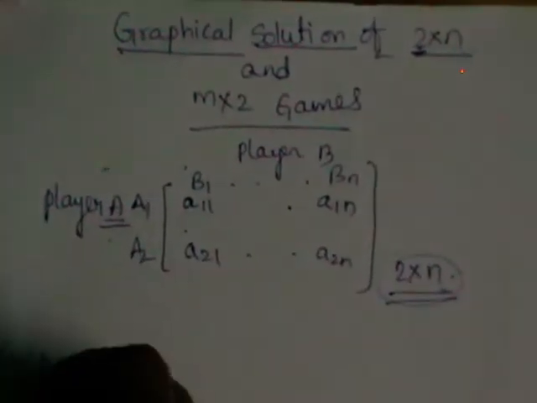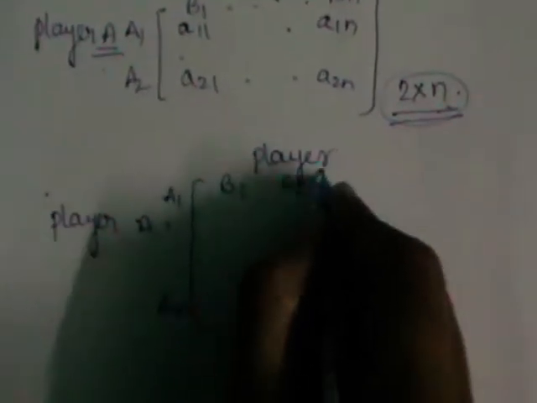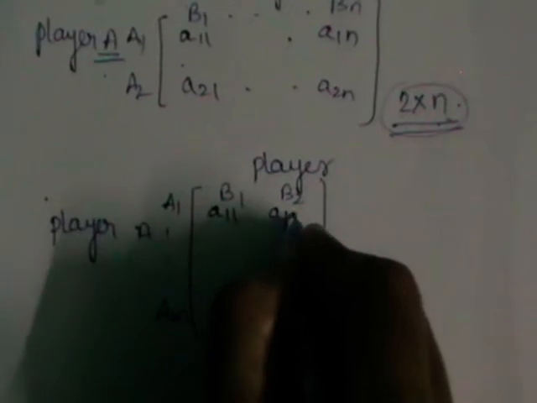So clearly we can observe the order of this payoff matrix is 2 by n. It's a rectangular one. Similarly, the other case is where you will have player A and player B, and here this is of order m by 2. It's also rectangular, where player A has m strategies and player B has only 2 strategies. Here we are going to get an order of m rows and 2 columns. These are called the rectangular payoff. Whenever you have a rectangular one with the order of 2 by n or m by 2 without a saddle point, we are going to use the graphical method.